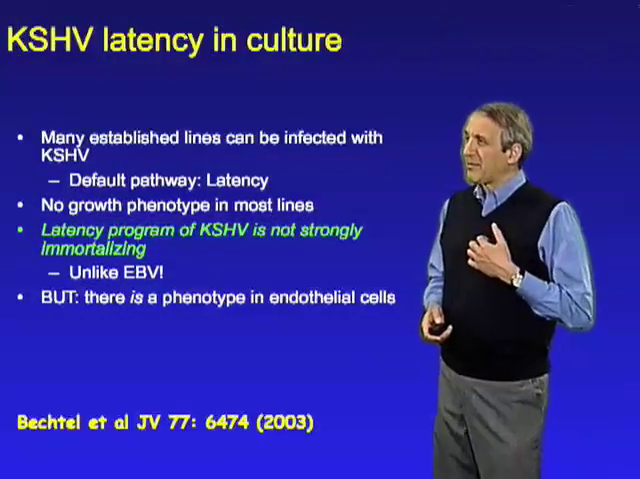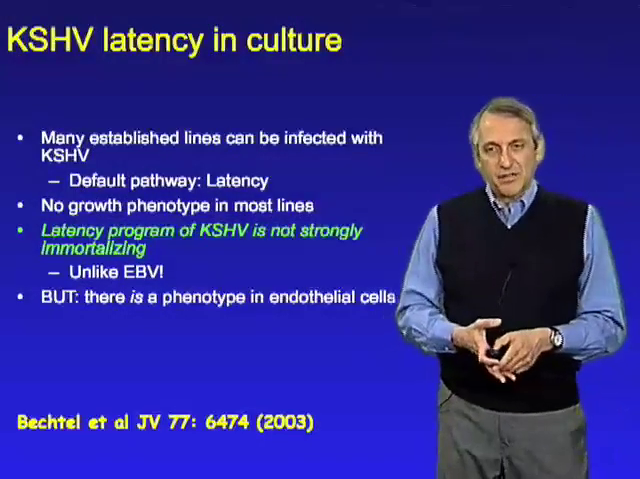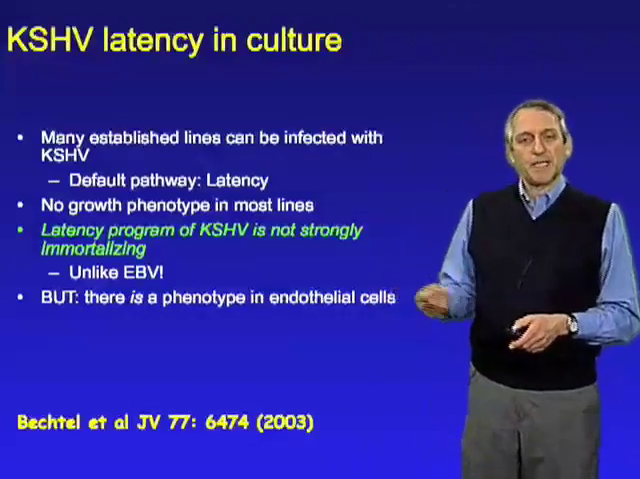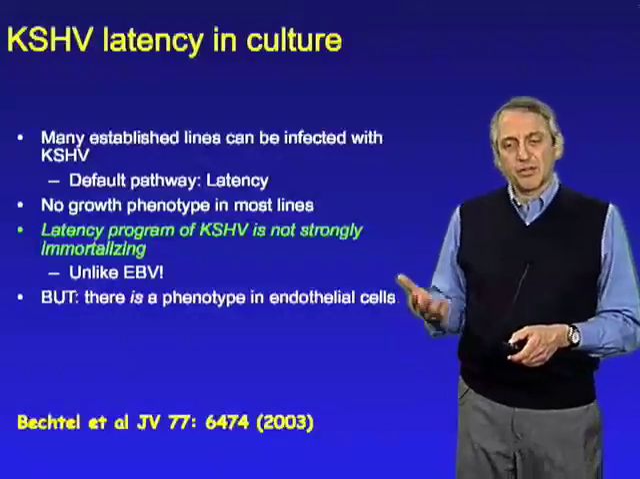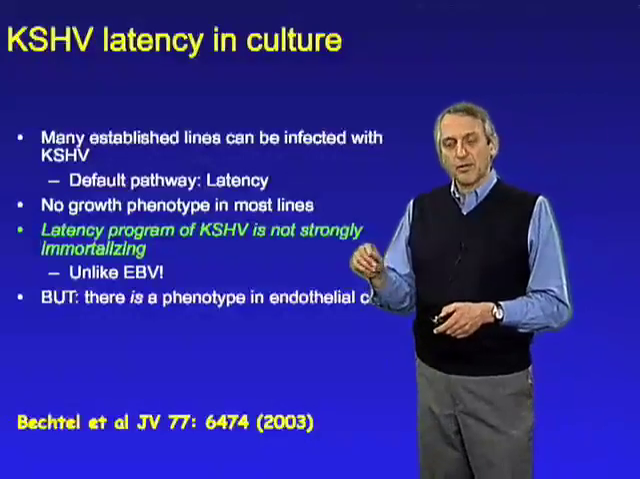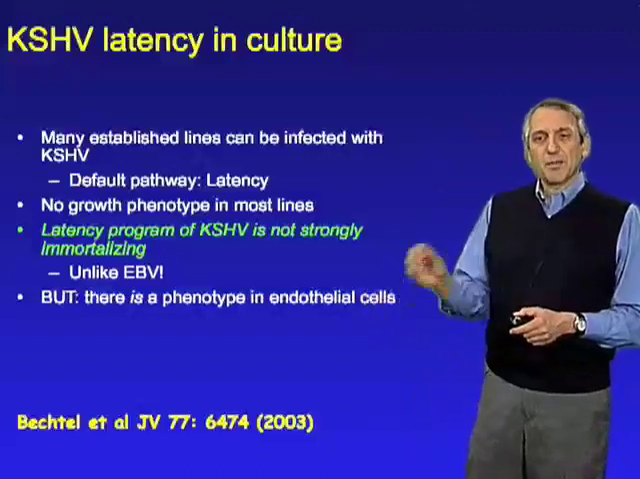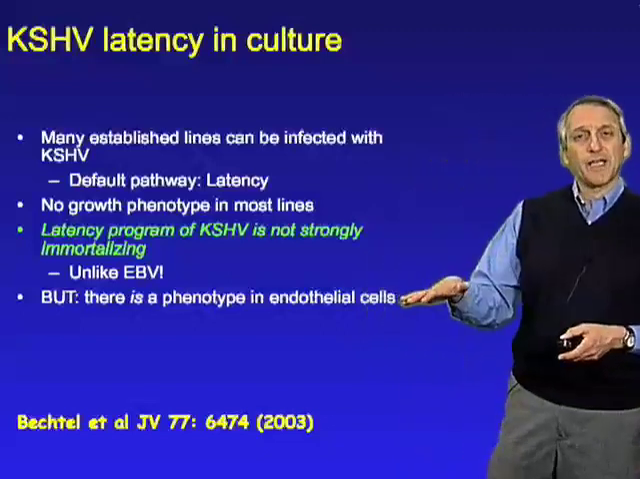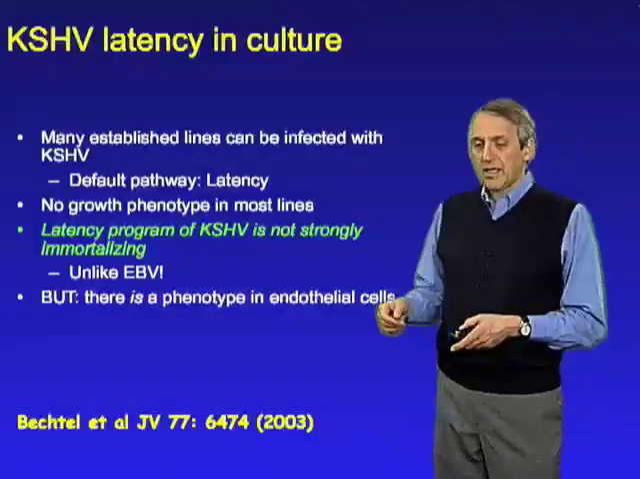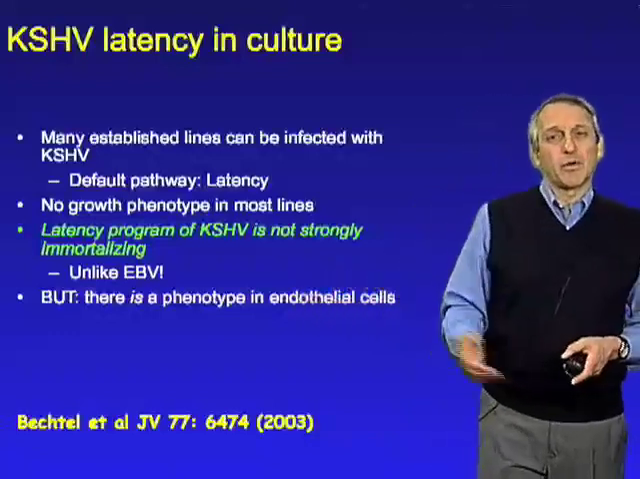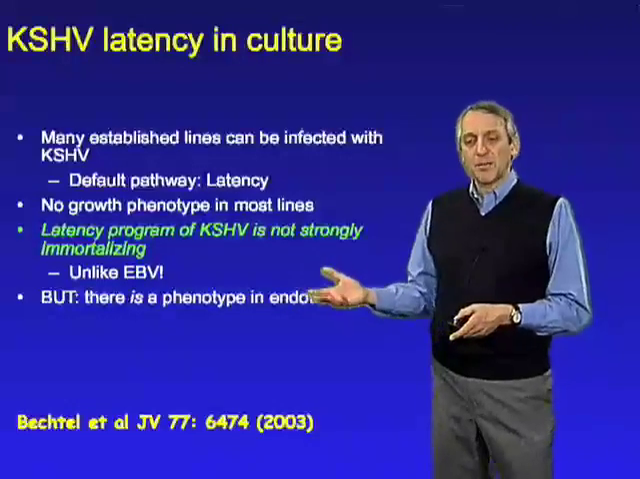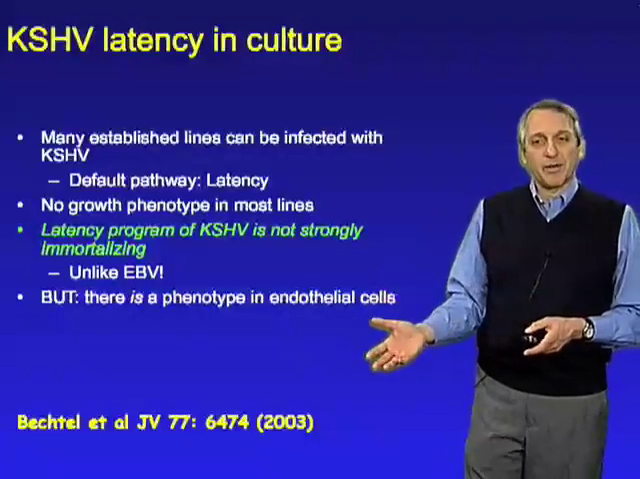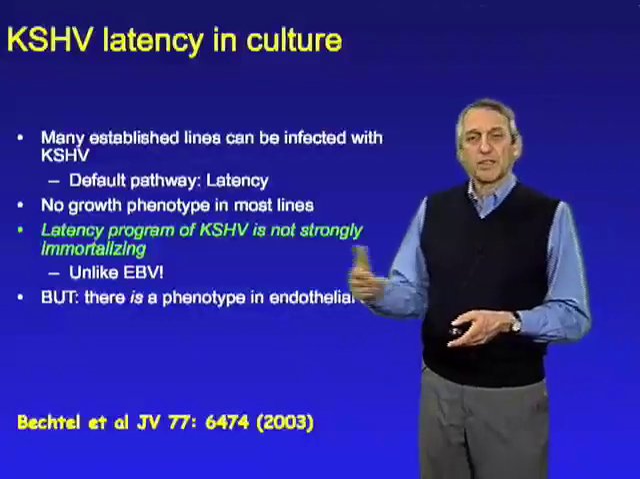All right. Now, one of the dirty little secrets of KSHV virology is that latent infection of many cells in culture doesn't produce a very striking phenotype. It turns out that once you learn the tricks of how to grow KSHV, it's possible to infect practically any adherent cell in culture with the virus. The default pathway is latency. And generally, if you're working with established or already immortalized cell lines, there's no particular phenotype that's linked to that latent infection. And when latent infection is carried out on a lot of primary cells, again, we don't typically see